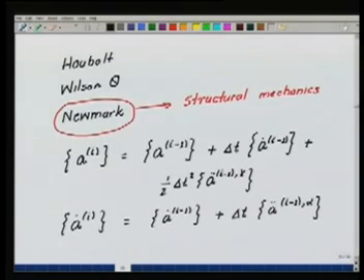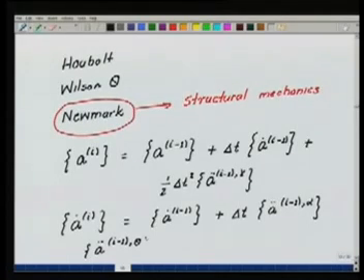So what we have is the displacement at the current station in terms of the displacement at the previous station, the part due to the velocity at the previous station, plus the part due to this acceleration term. The velocity is given in terms of the velocity at the previous station plus delta t into a part due to the acceleration term. Now what do we have here? A double dot I minus 1